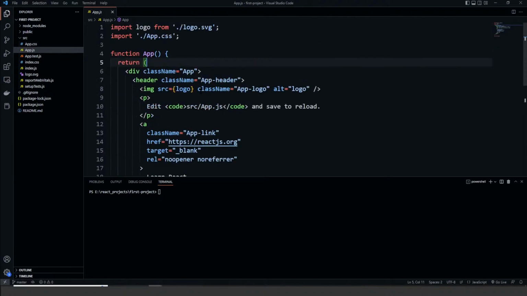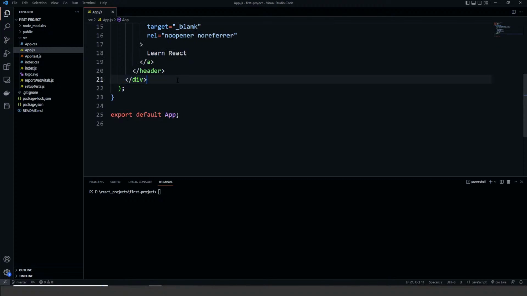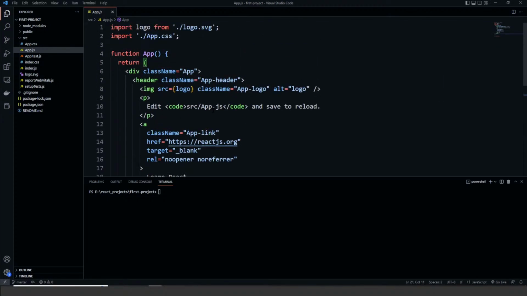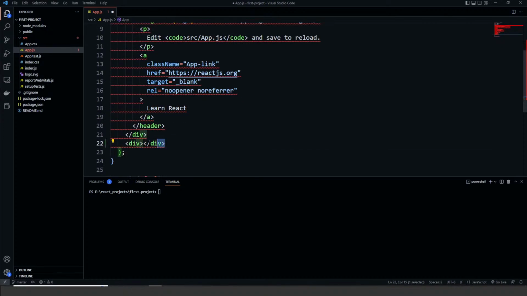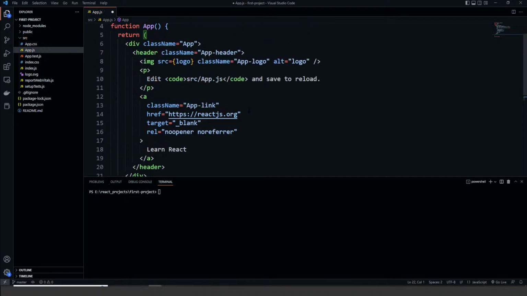HTML tags. One of the important things for us to note, that's super important, is that everything is wrapped into a singular parent. In our return statement in React, all of your HTML, or all of your JSX rather, has to have a singular parent. If I were to try to come outside of this div and put another div here, you immediately see I get squiggles everywhere. That's not going to work. I have to have a singular parent with everything in it. I can put as much as I want inside of that singular parent,